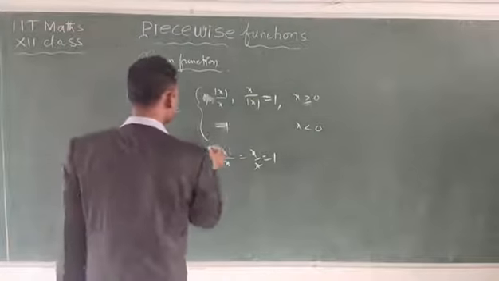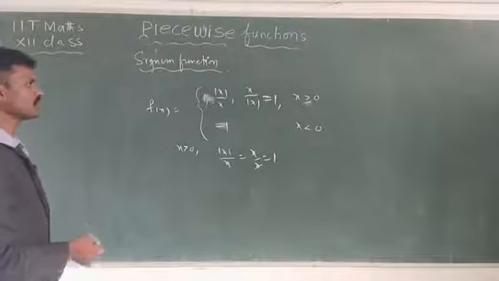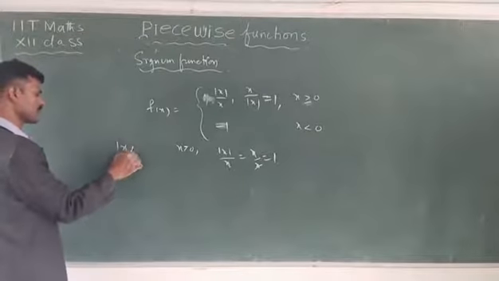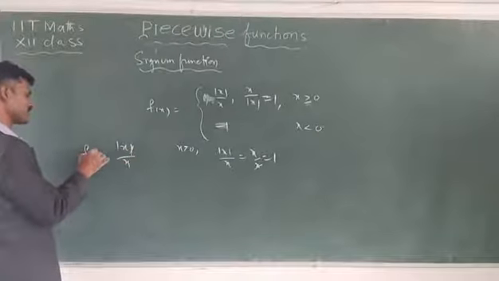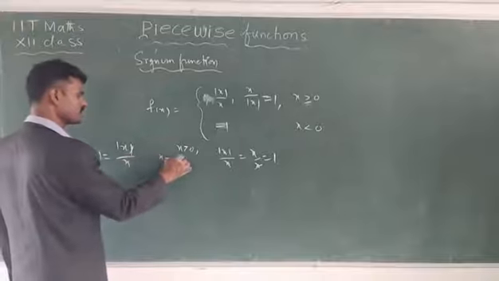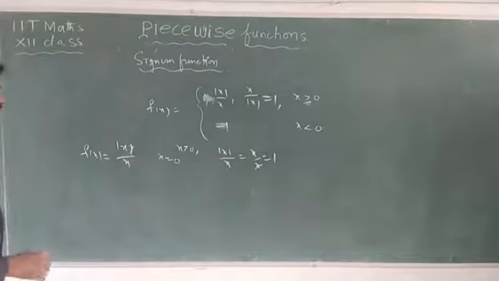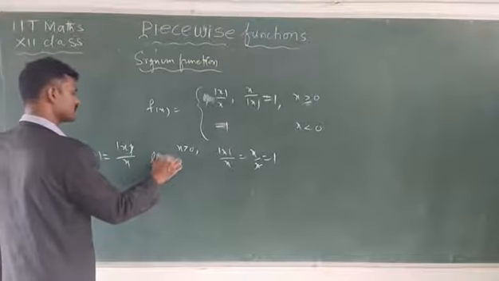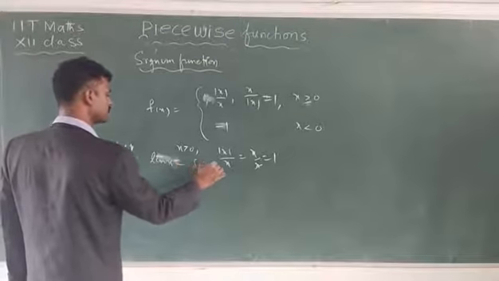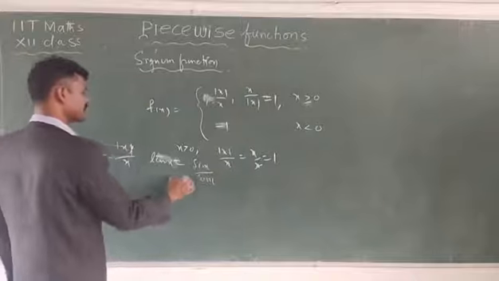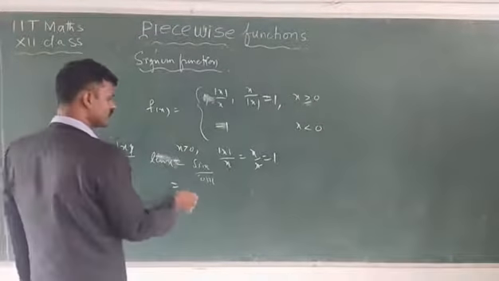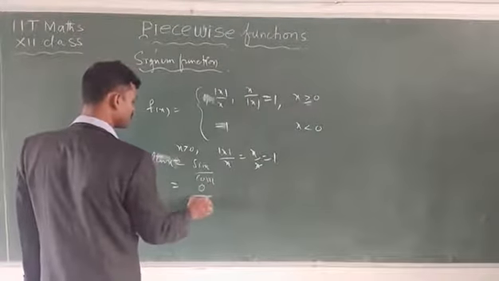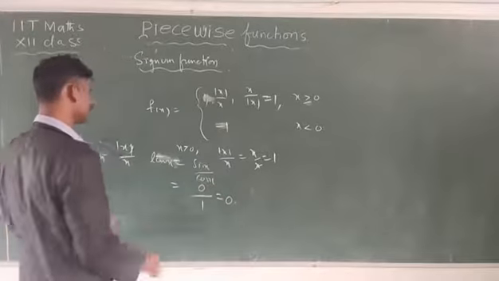Now, can you take x equal to 0 here? It is not possible. See here, modulus of x by x, f of x: where x is equal to 0, it is not defined, 0 by 0. Then take tan x, which is sin x by cos x. Here x is equal to 0 means sin 0 is 0, cos 0 is 1, then it is equal to 0.